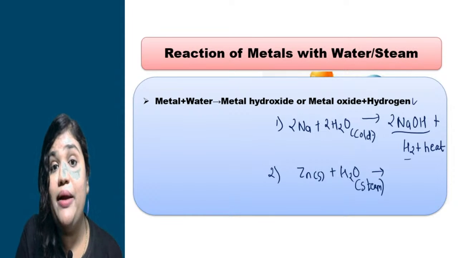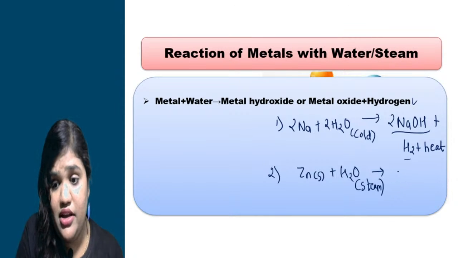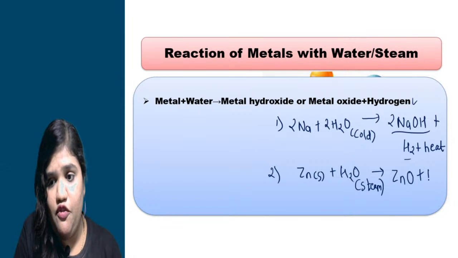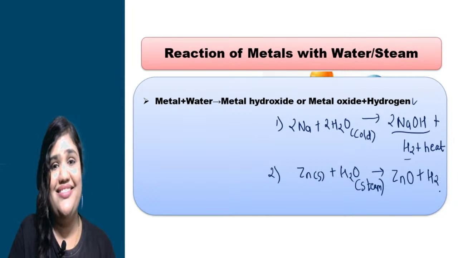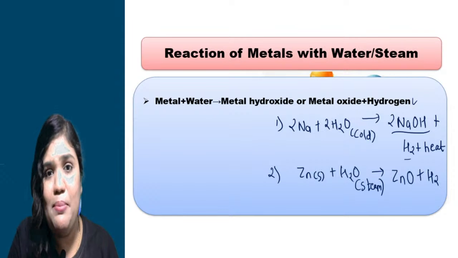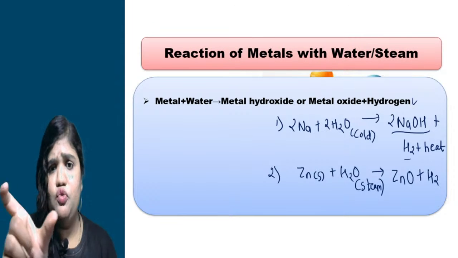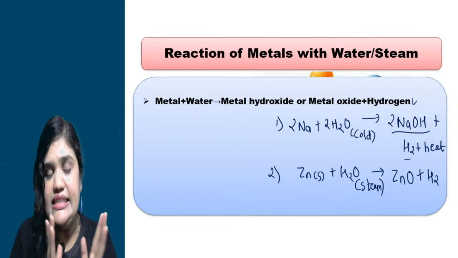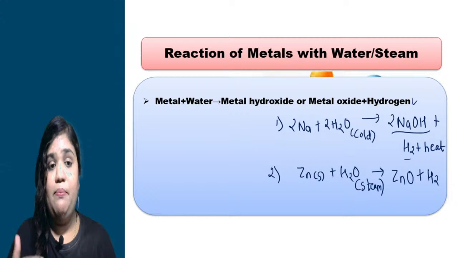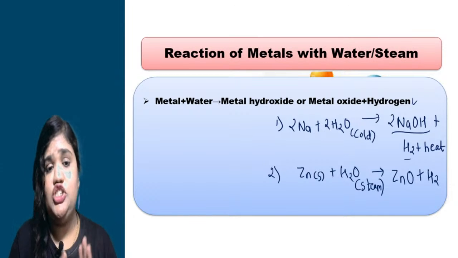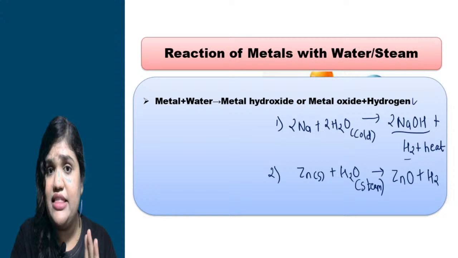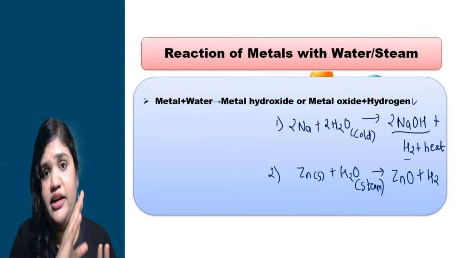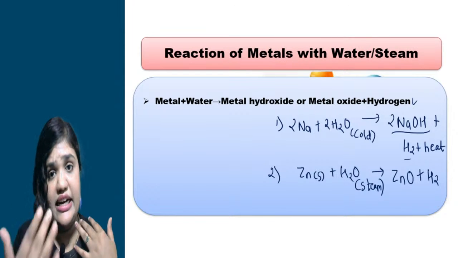There is a formation of metal oxide everybody. So here there is a formation of zinc oxide. Along with that, there is a formation of hydrogen. So this is the simple reaction. I have given you one equation form. From that you can understand the reaction easily. Simple is that when metal reacts with water, there is a formation of metal hydroxide. Along with that we will get hydrogen and heat. Heat is liberated, heat is given out in that reaction.